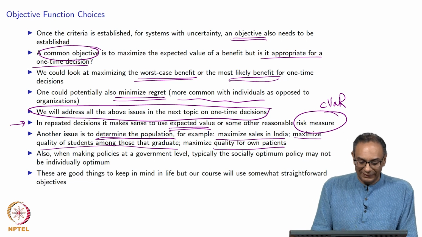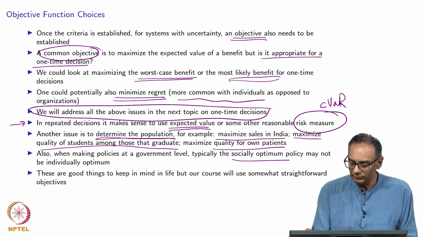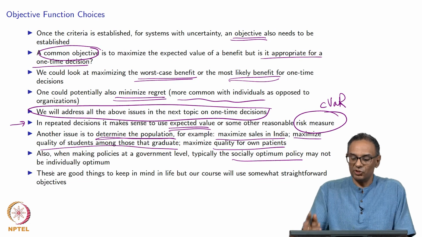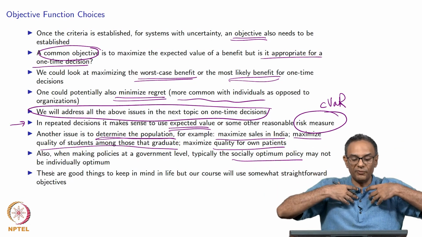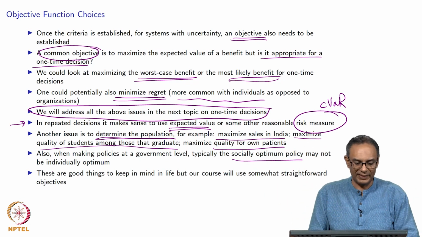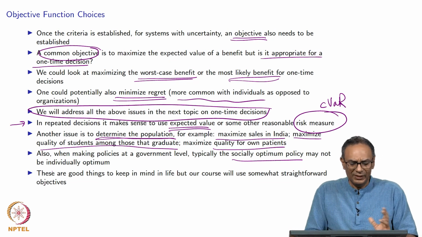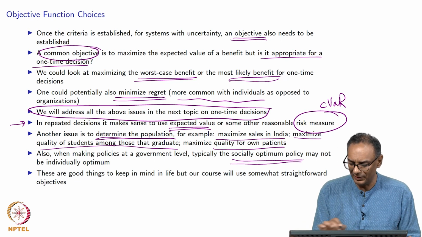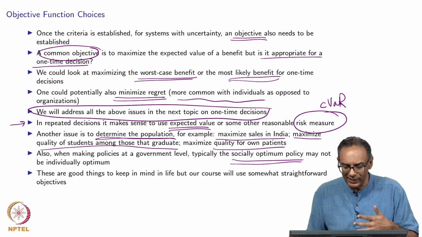Another thing that we want to say is there is an issue of what is the best decision that is socially optimal. What is good for everybody may not be good for an individual. There are many such examples that we could think about, and it's important for us to worry about how we do as an individual. Now, many of these topics fall more under the game theory side, which we will not get into.